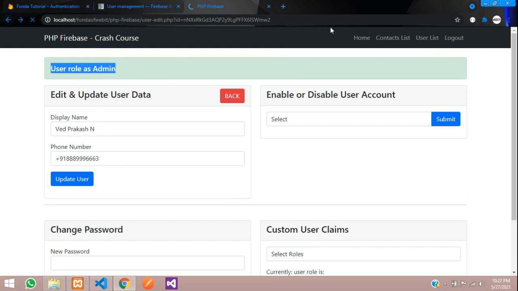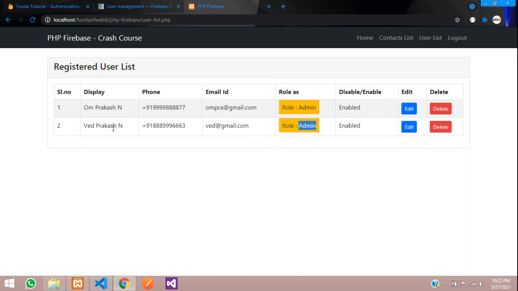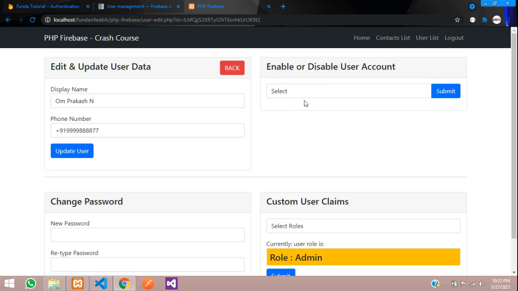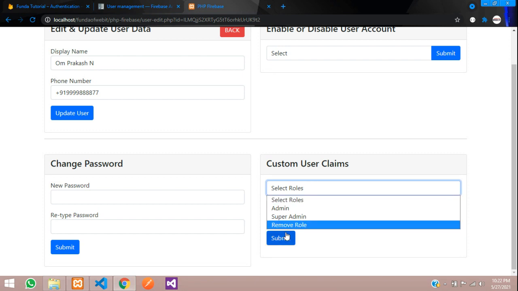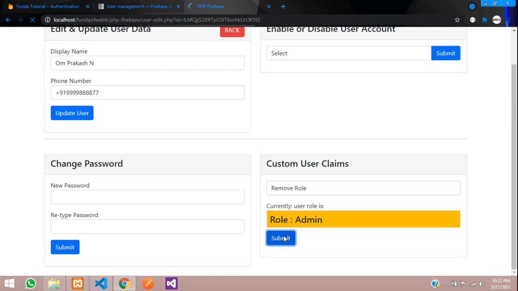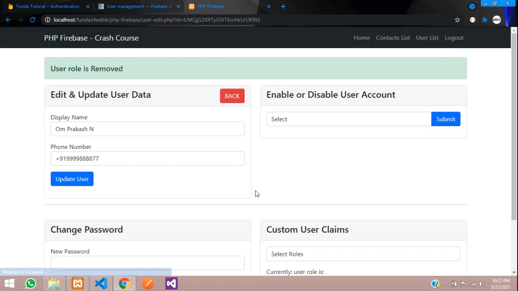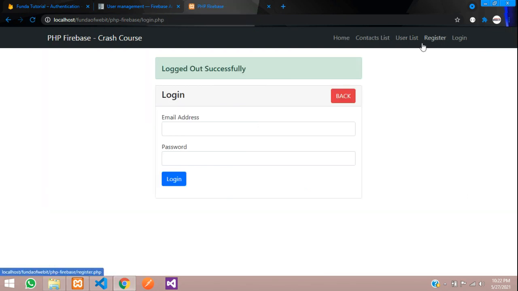Let's get back to the user list, and the role for ved@gmail.com is admin, and let's make this admin a user. Edit, let's remove the role, submit. Okay, so role removed. Let's click on user list.